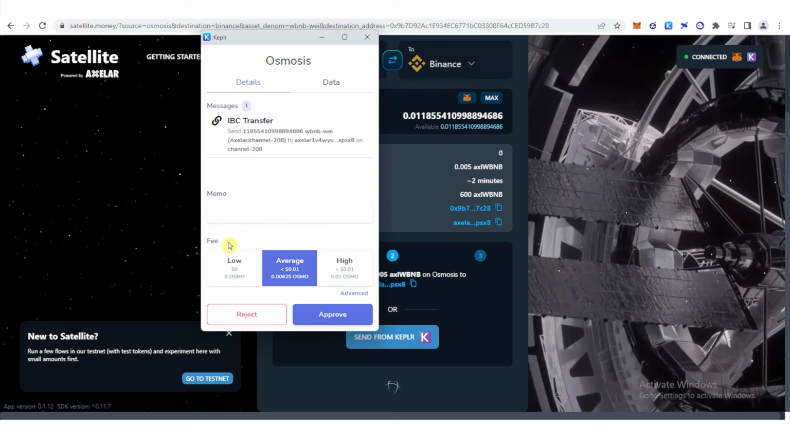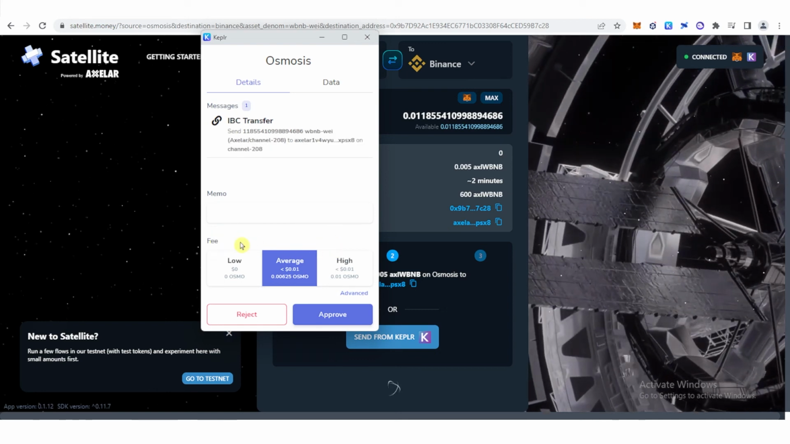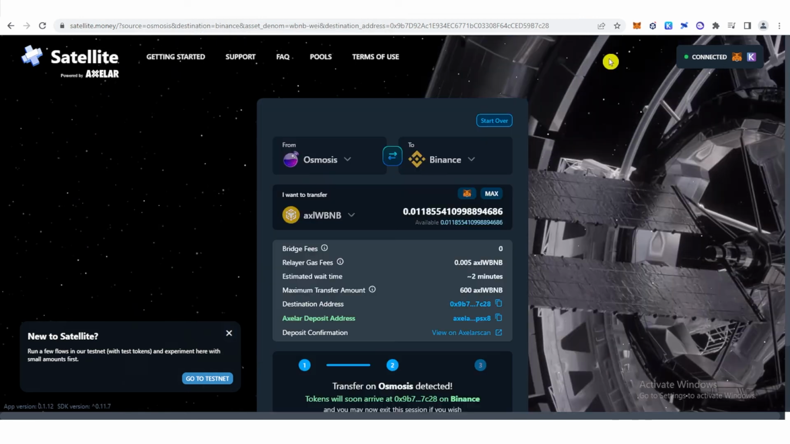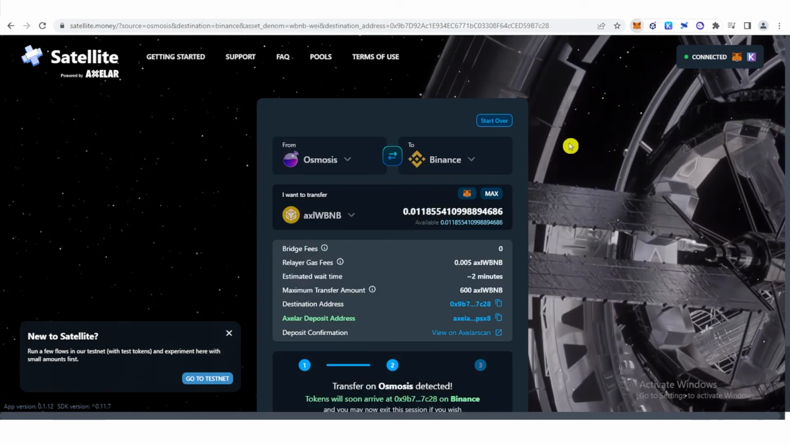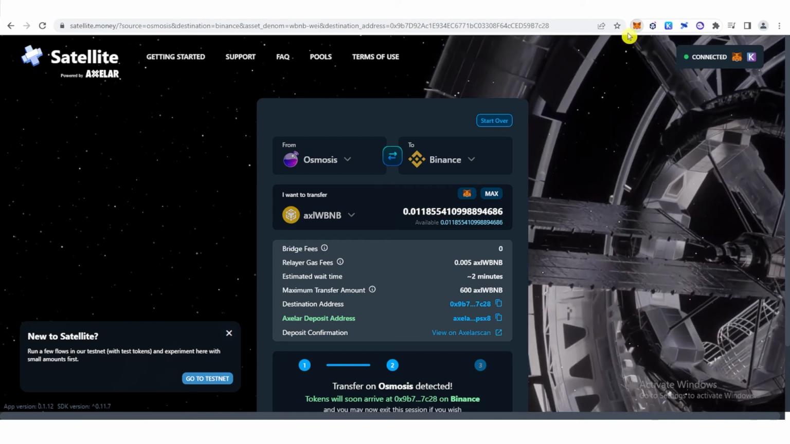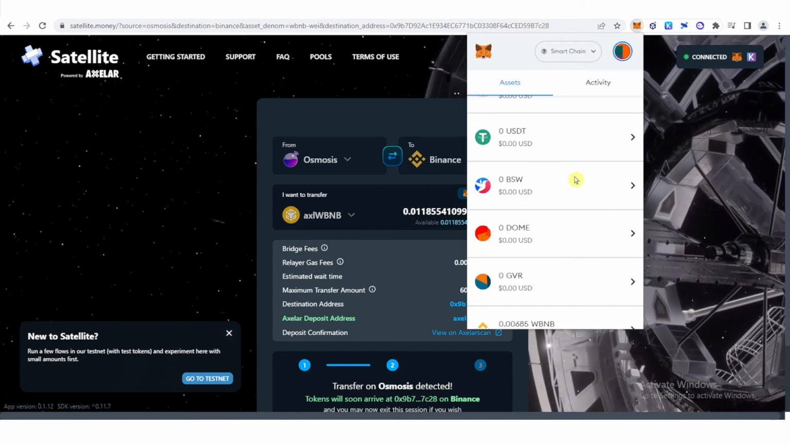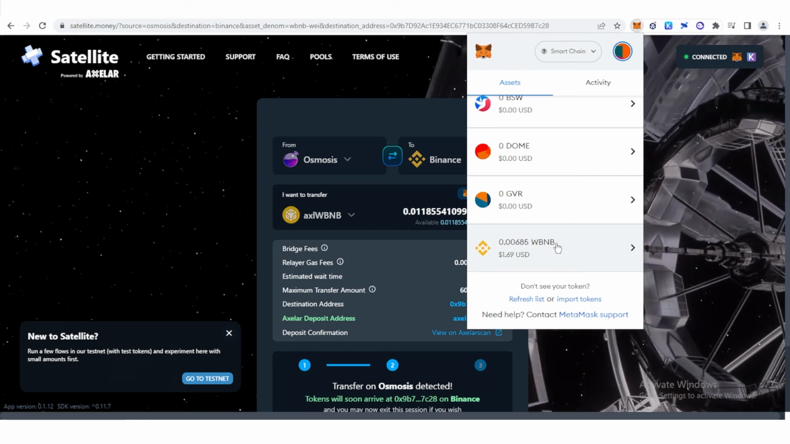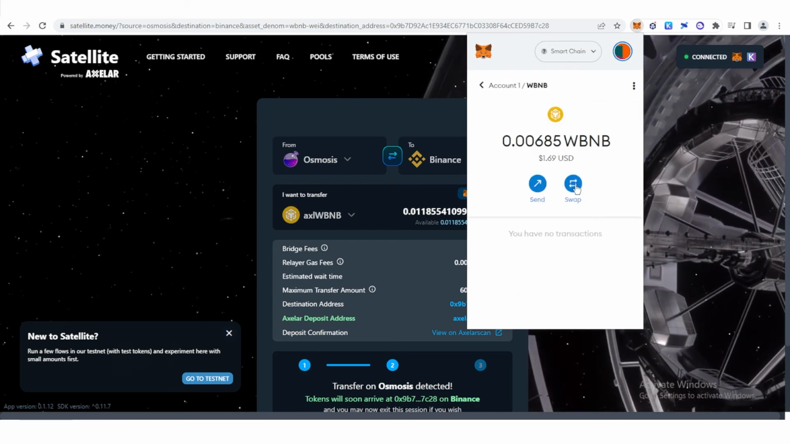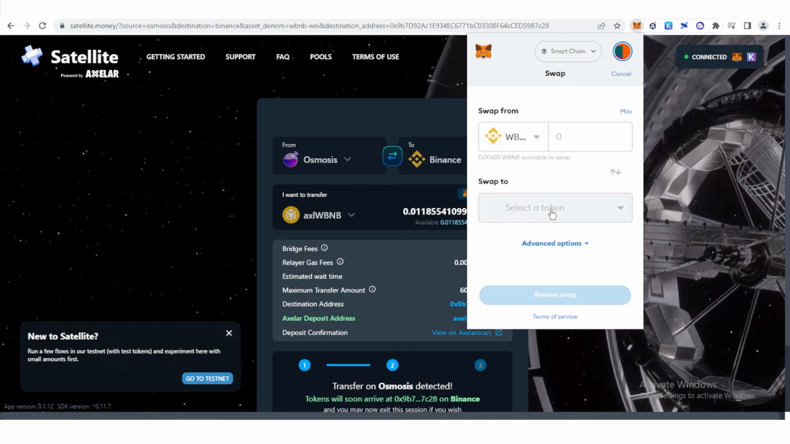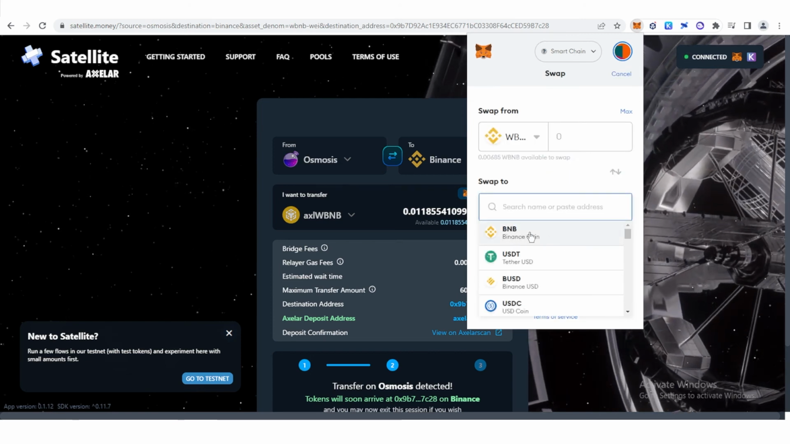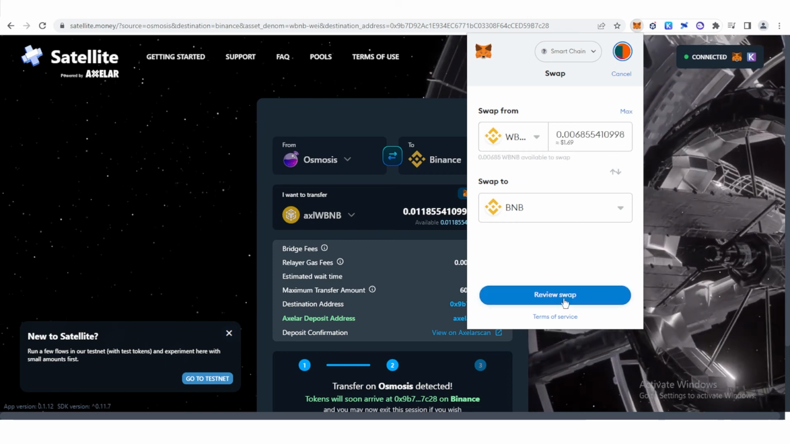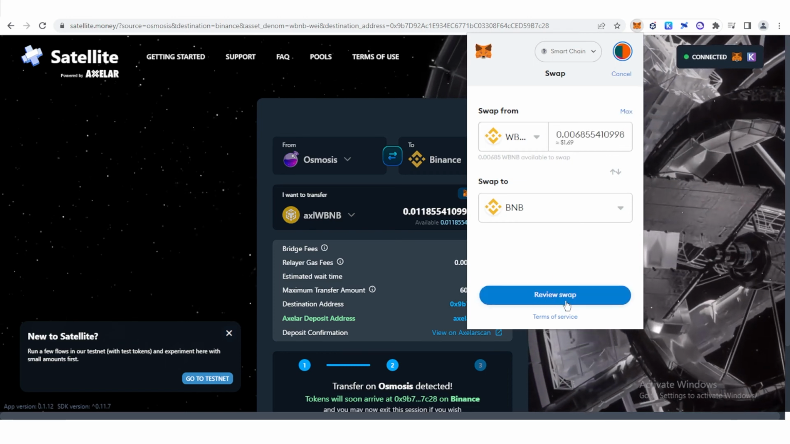and again you can choose any of these gas fee options, but I'm going to choose low gas fee. And now you can check your Metamask wallet. Click your Metamask wallet here, scroll down, and now you can see here the wrap BNB. You can just click swap here, click select a token, and click BNB. Click max here, review swap,